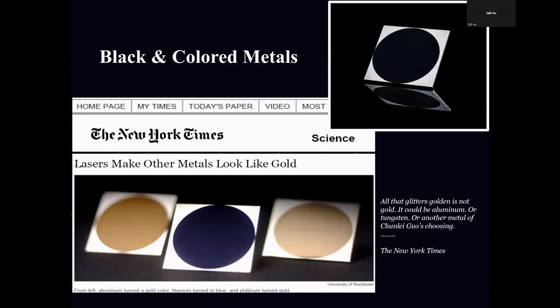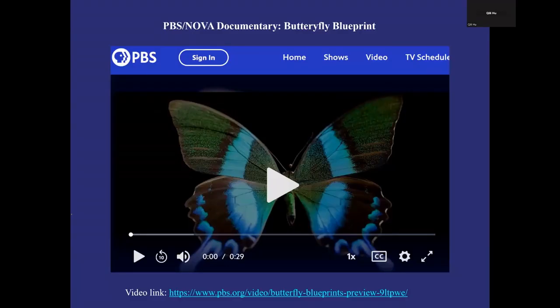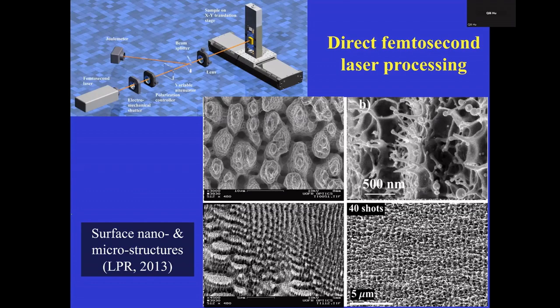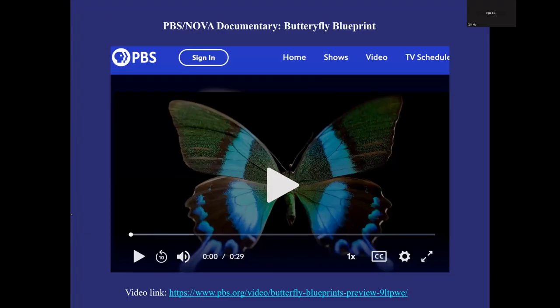It was early in the day, and very exciting. For the first time, we were able to utilize surface patterning, pattern the surface, and change the optical property to create this so-called black metal and color metal. A shiny piece of metal, we can make it pitch black or other colors. And once again, this color is not through paint or pigments. It's not a chemical coating. It's purely structural coloring with all the micro and nano structures. So if you were wondering how this could be,